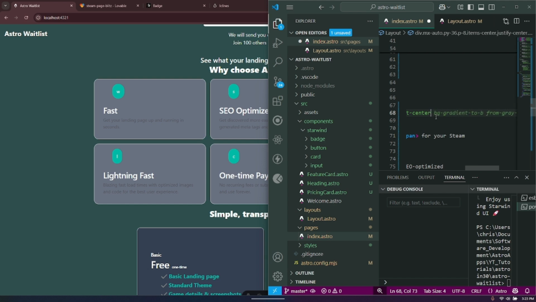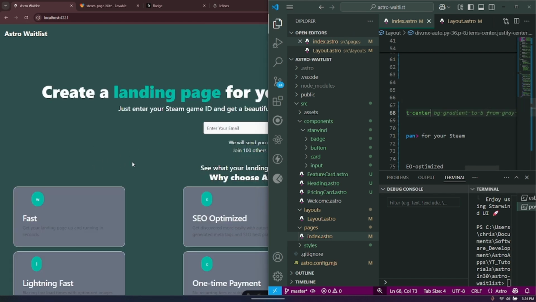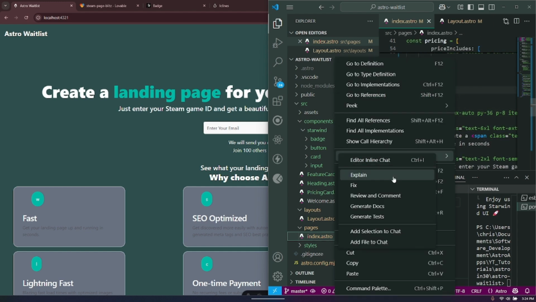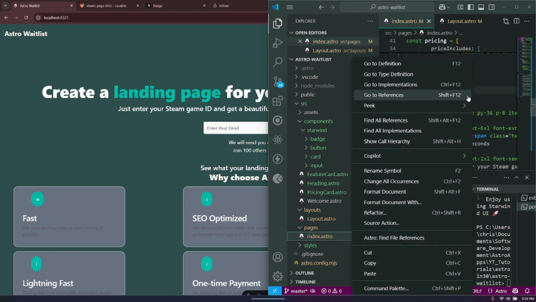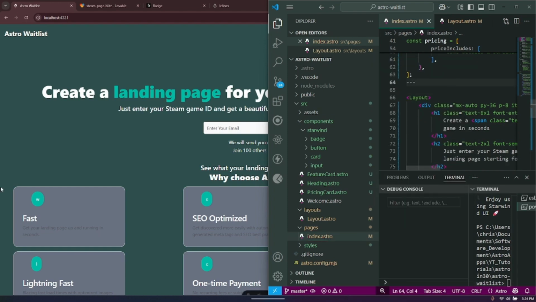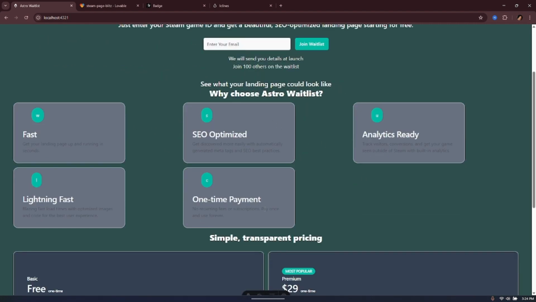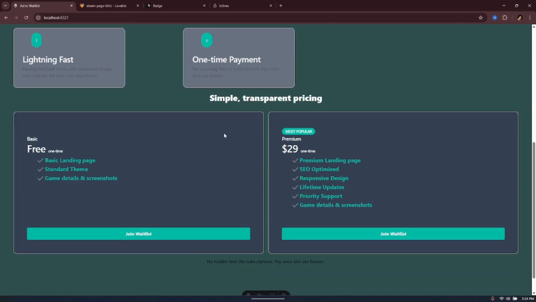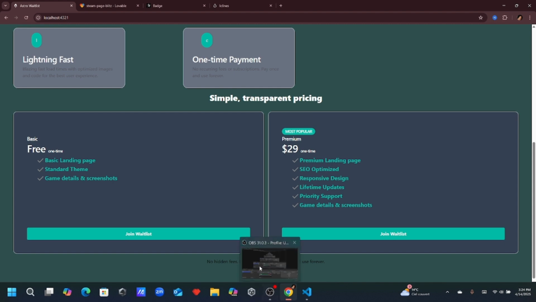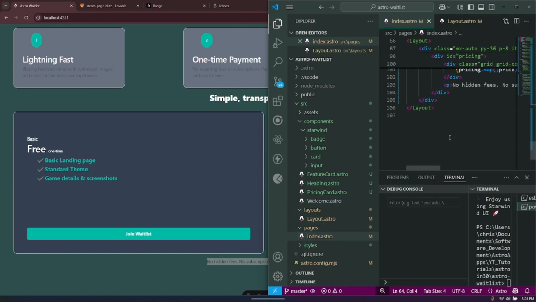We're going to remove some of these styles. Excellent. Okay, that's what we wanted. So excellent. So we've got the waitlist, a header, we've got the email. We've got these little cards. We've got the transparent pricing. We've got this no hidden fees disclaimer, which we're going to change to